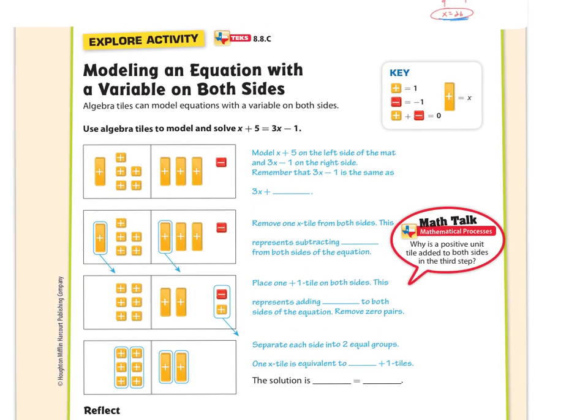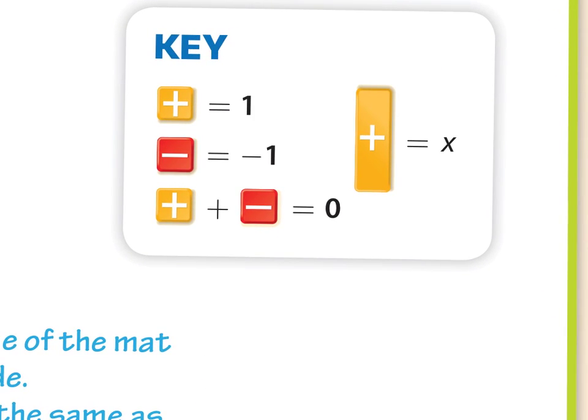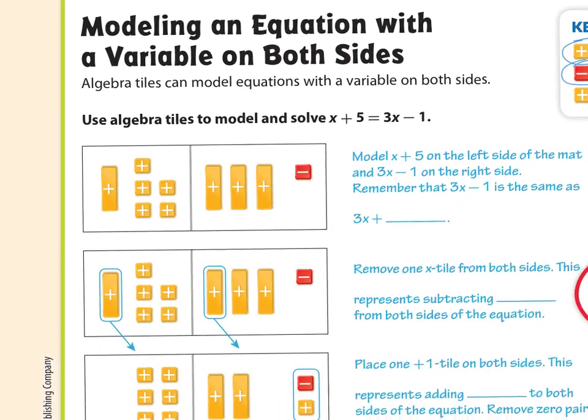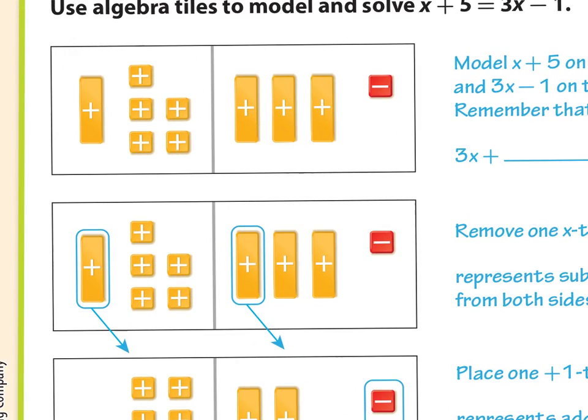So you can see here, they're going to give you a key. They're going to say one of these small orange cubes represents one whole number. The red is one negative number. A giant rectangle is an x. If they had a red rectangle, it would be a negative x. And then rather than do anything with numbers, we're going to do the same exact thing